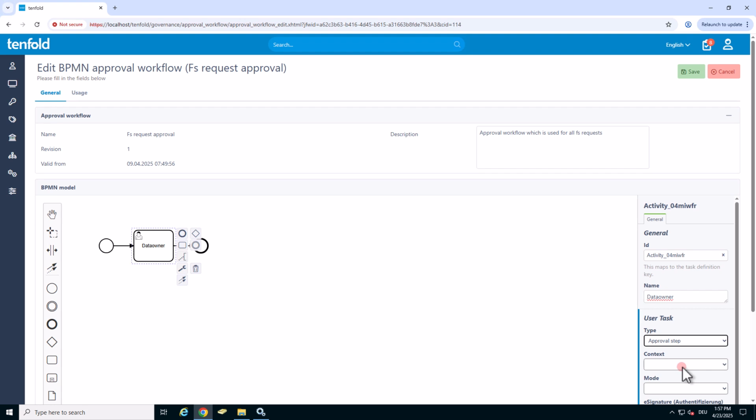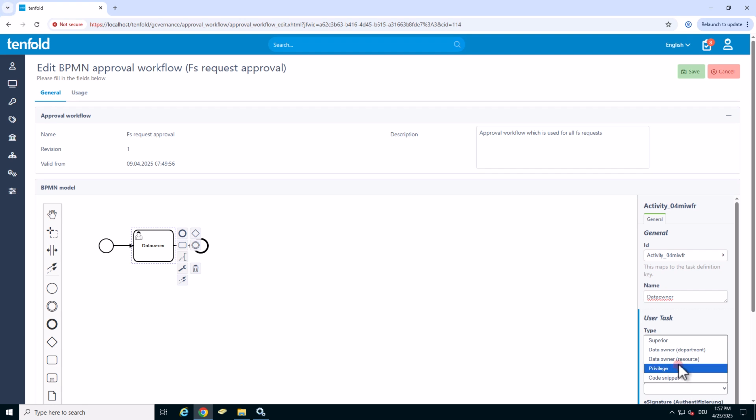In Context, we select the one we just created, and in Mode, we define an approver. Superior refers to the user's manager, which, if maintained in AD, should be stored with the user via Active Directory Person Sync, or can be added manually later.